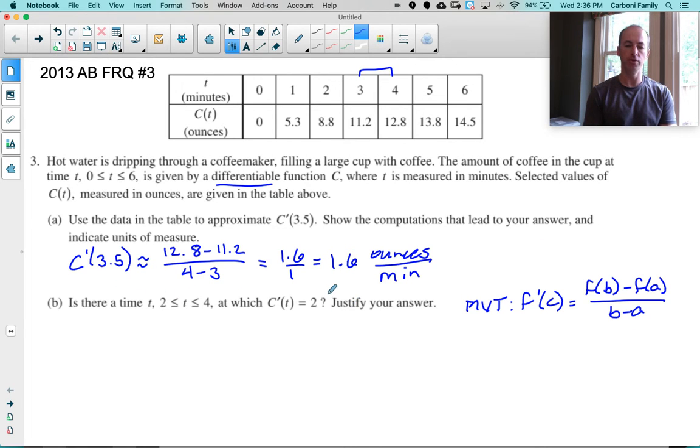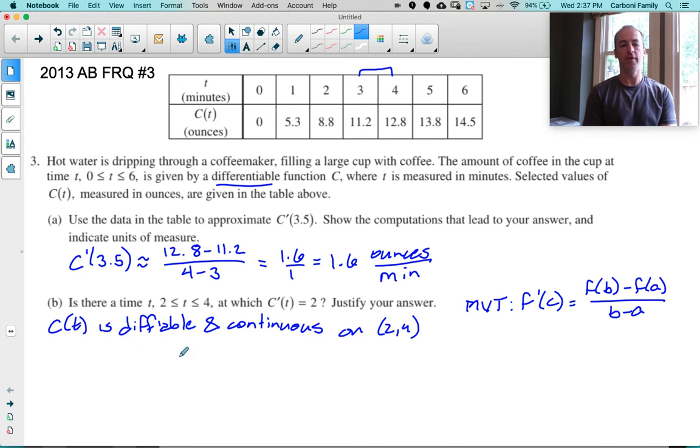But if I'm going to use mean value theorem, we have to first establish all the criteria that allow you to use it, which is that your function C of t is differentiable and continuous, and you must write continuous as well. Last year there was a question involving the mean value theorem, and if you did not specify continuity, then you lost a point in the justification part of it. So C of t is differentiable and continuous on the interval 2 to 4. Therefore,